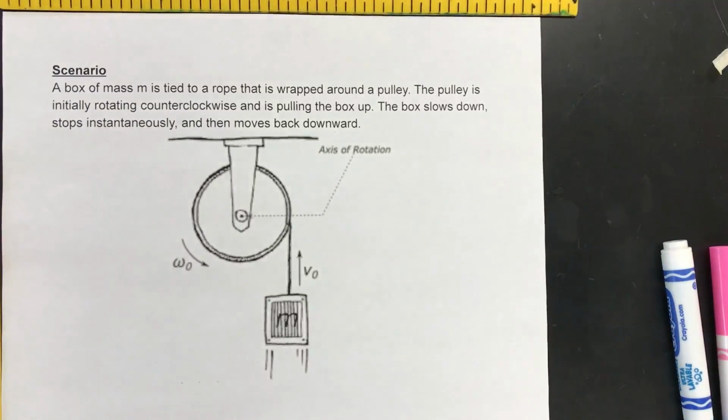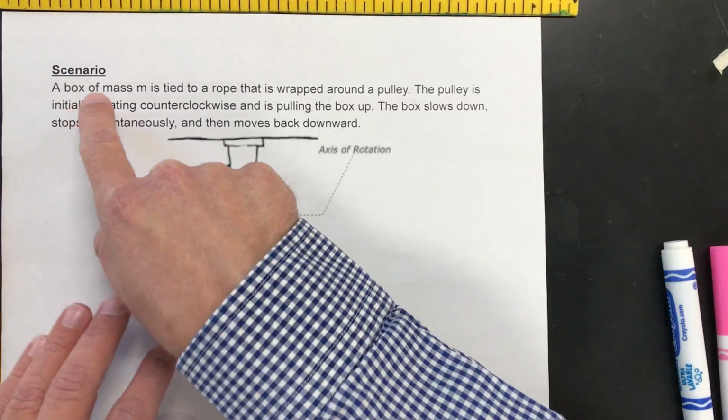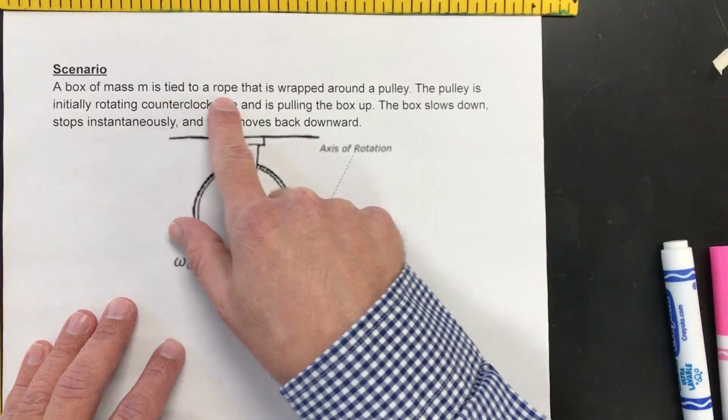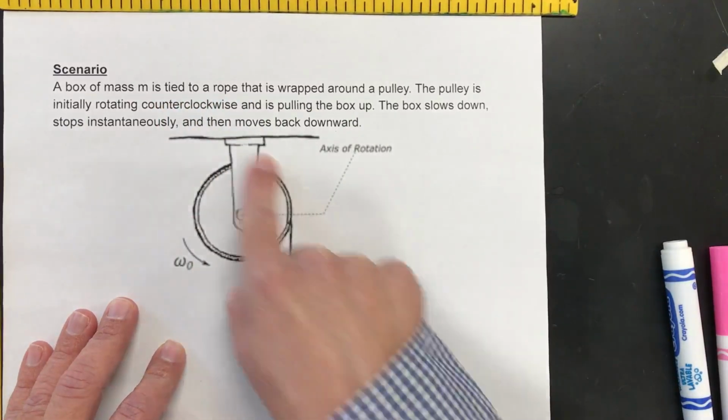Hey everybody, this is 7D, forces versus torques. That's hard to say, forces versus torques. Forces versus torques. Scenario is a box of mass M is tied to a rope that is wrapped around a